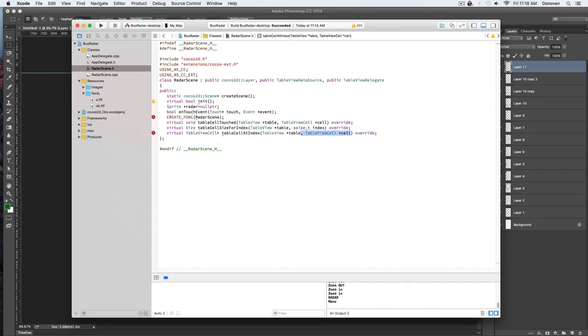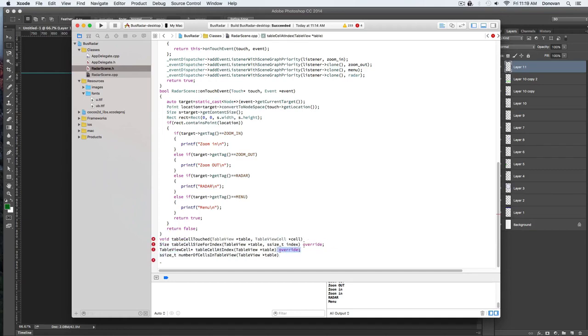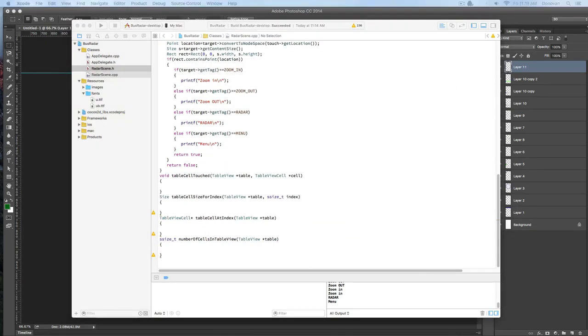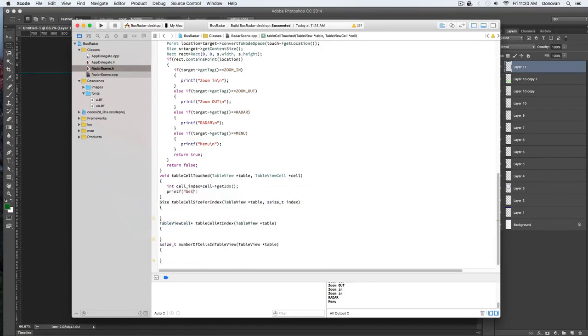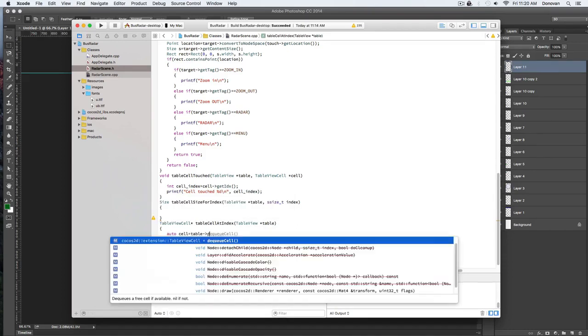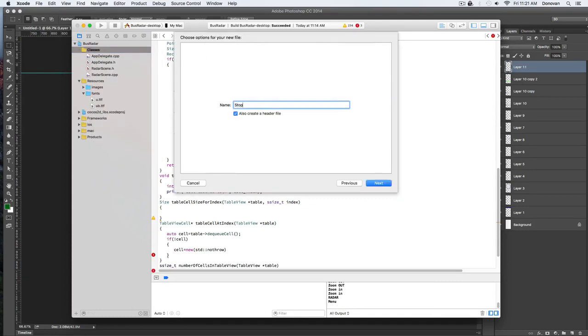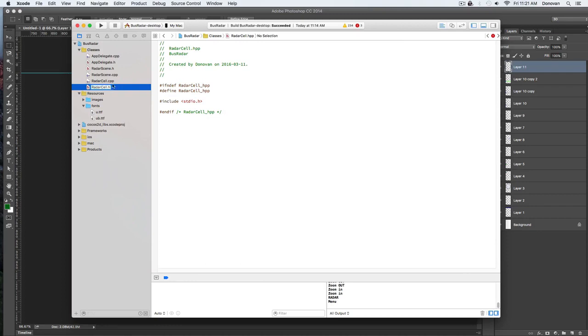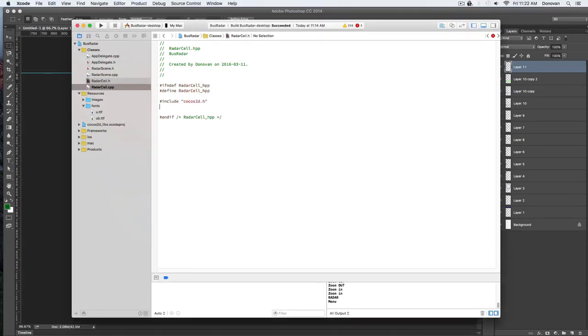You need one function that returns the size of the table cells. You need a function for when a table cell has been clicked on. You need a function for how many cells there are in your data source, that sort of thing. So this is the one that is fired off when someone clicks on a table cell. This is where we pull a cell out of memory, and if there isn't one, we create one. Very standard memory efficient system for tables these days, although I'm creating here a class for the table cell,